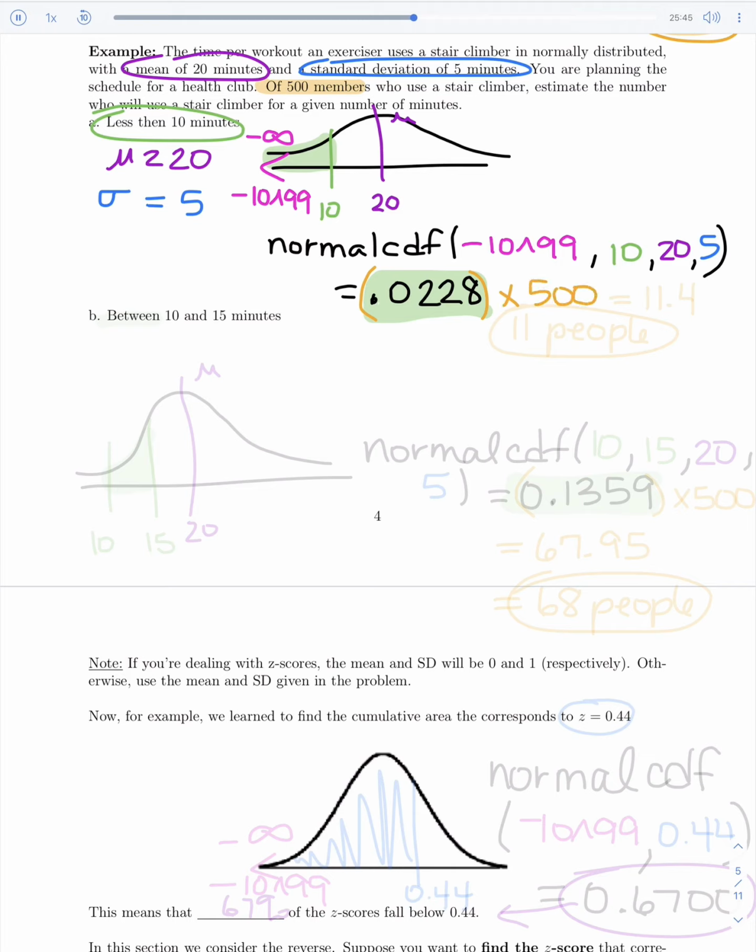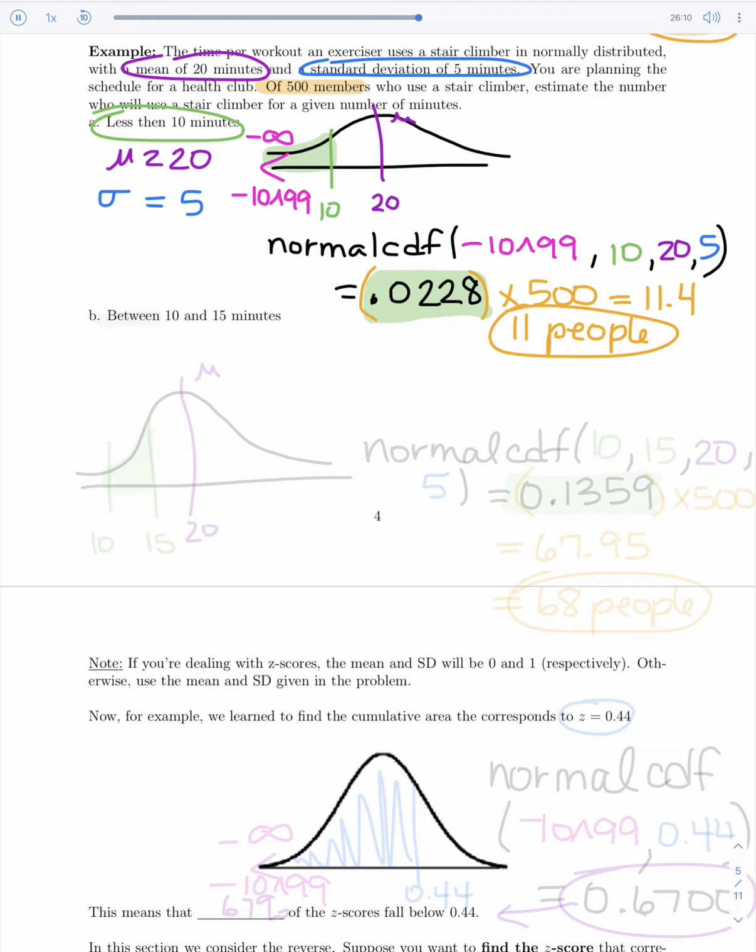So we'll take 0.0228 times our 500 people, and that gets us 11.4. So we'll round that to the nearest person and say that that's a total of 11 people. And that's how many of the 500 will use the stair climber for less than